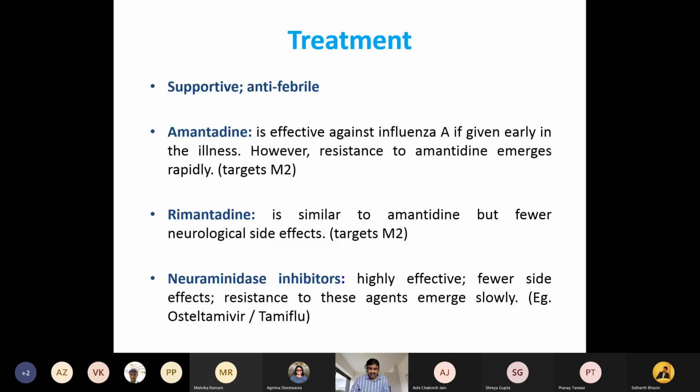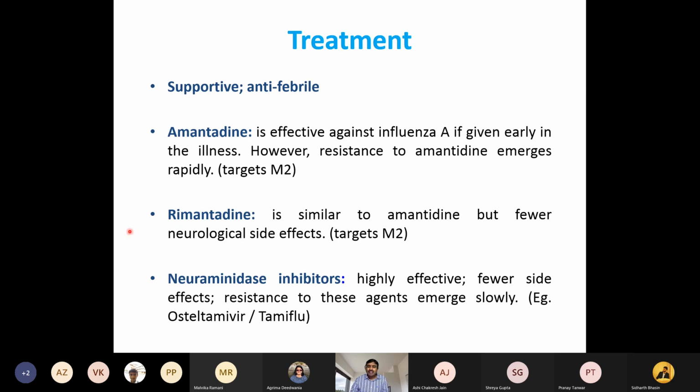today. Now, how do you treat anybody with an influenza virus infection? If you're a healthy person, you have mild symptoms, it's just supportive treatment. You take paracetamol or some fever medication that'll reduce your fever. That's about it. Nothing much else. You'll recover. But if you are high risk, or if you're developing more lower respiratory tract symptoms, or if you're a child under 5 years of age or somebody above 65 years of age, they may be given antiviral